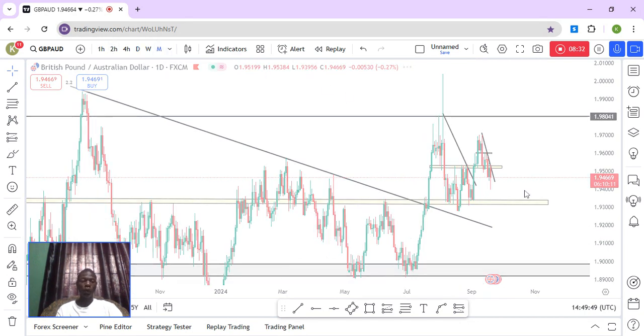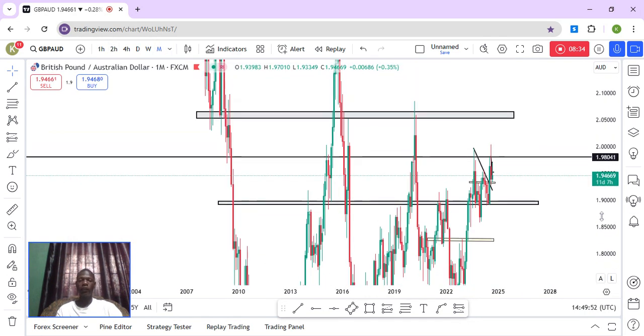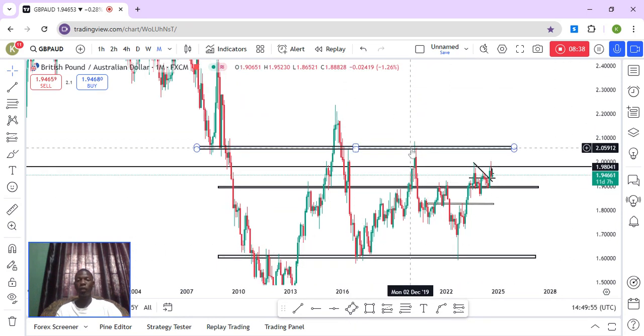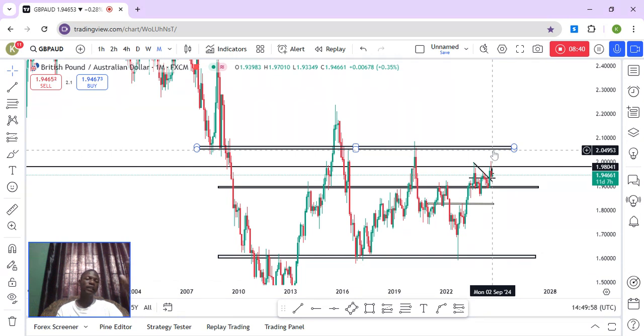If I go over to the monthly time frame, I'm going to analyze from the monthly time frame. This is a double bottom. This is the bottom. This is a neckline, and there is a rule with chart patterns that if the chart pattern is not going to hold at all, it will at least come to the neckline to test the neckline before doing what it has to do. So that's it.